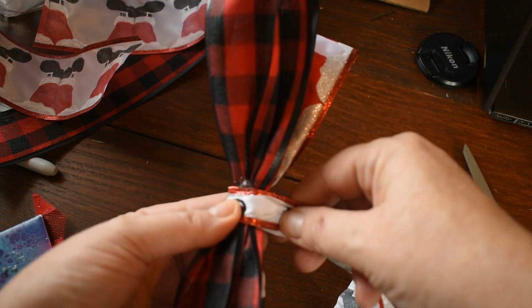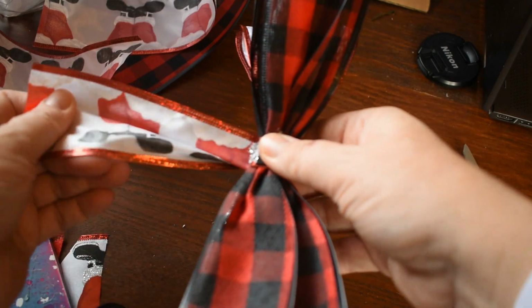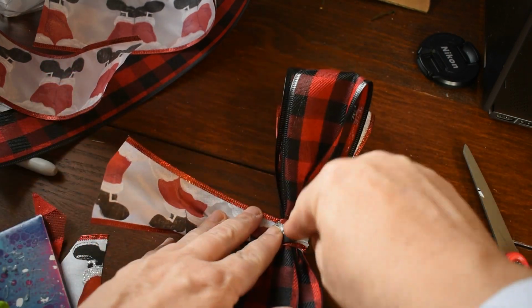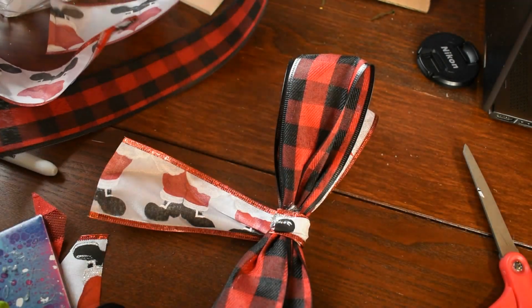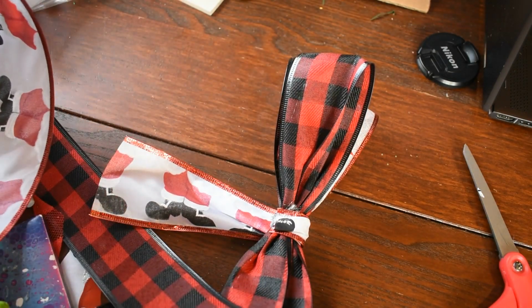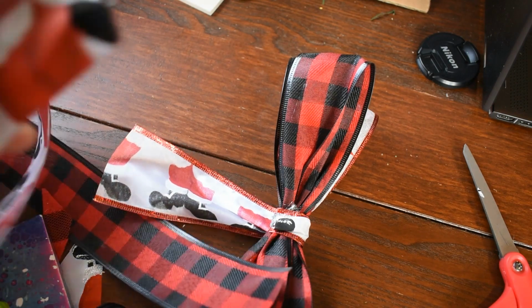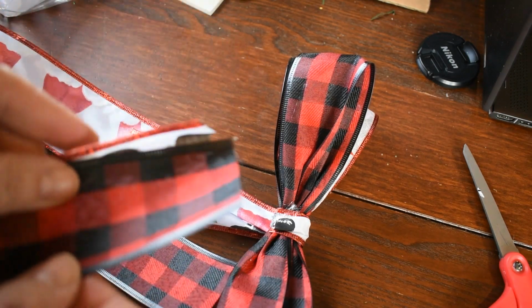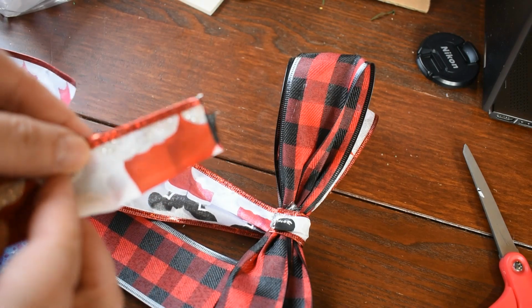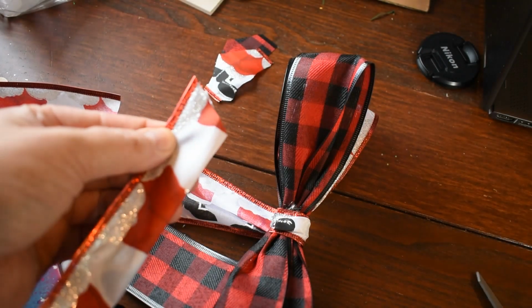Okay, then we're just going to take this, wrap it around to the bottom and set it down. Take our tails, and this is where you would dovetail if you didn't dovetail in the beginning. I've just taken both of these, folded them together, and then cut,